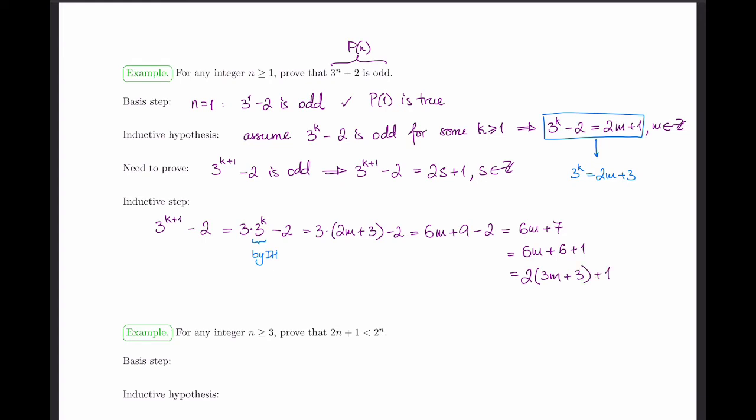And now I have the proper shape. I have 2 times something plus 1, 2 times something plus 1. So all that is left to do is relabel this something into s. The one argument you do have to make for yourself is to make sure that this s is in fact an integer. So notice that all the things that I've been using, m, 3 to power k, m is an integer. So if m is an integer, 3m is an integer, and 3m plus 3 is also an integer, which makes for an integer altogether. So what I have here now is 2s plus 1,